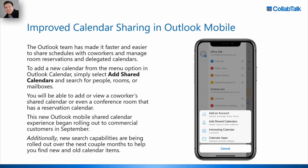So being able to go in and look at, if you have started to consolidate those things at other calendar apps. But I've added another account directly to the mobile app. Again, it used to be much more convoluted, but now it's really fast and easy to share out those calendars. So if you're sitting there having a conversation and want to go in and look at availability of a meeting